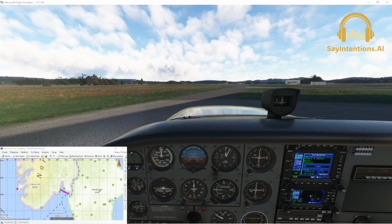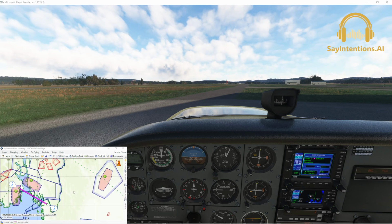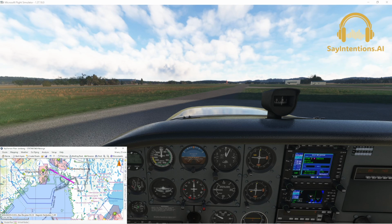What we are doing so far is to implement the FIS, or Flight Information Service. So what is FIS? FIS is an airspace and service which is not mandatory, but that VFR pilots use a lot in Europe when flying cross-country, inside the country, or from one country to another. It allows us to be tracked and to be informed if there is some traffic nearby,